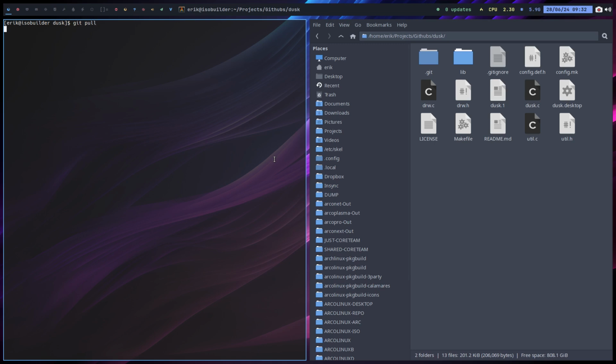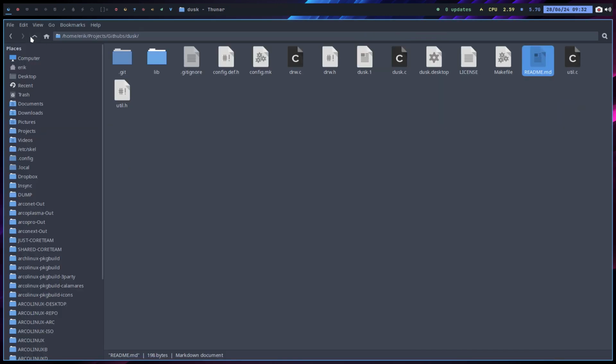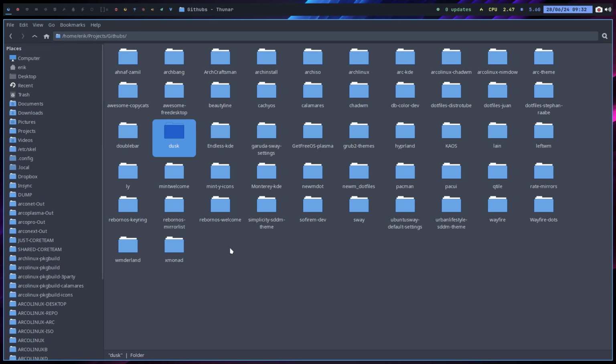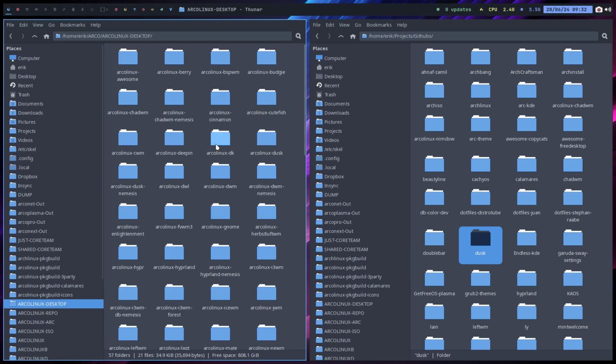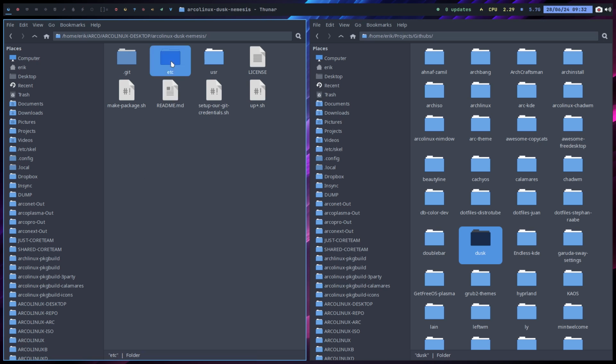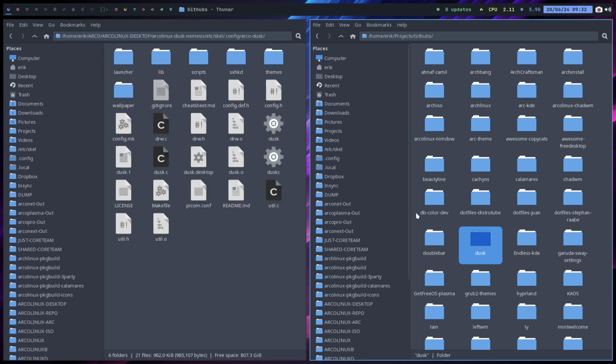Git pull. Aha. We can update Dusk. So we can monitor now the flow. The flow is, this is the source. Where is the destination? The destination is ArcoLinux desktop, the Dusk Nemesis. This is the one. Nemesis is sort of the dev version, the development version, and this is our folder,